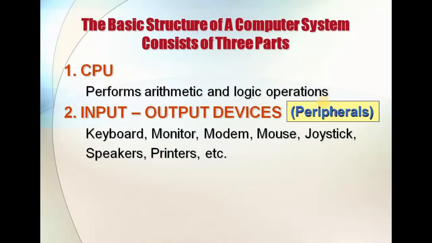So what is the meaning of peripherals? These are not inbuilt. For example, inside the CPU the motherboard will be there, and it will come with the manufacturer. Whereas keyboard, monitor, mouse, these are the different peripherals. Whenever it is required we can connect them. No doubt to operate the computer, a monitor, keyboard, mouse are essential, but modems, joysticks, speakers, printers, these are not essential things. So we can plug and play them. That's why we call them peripherals.